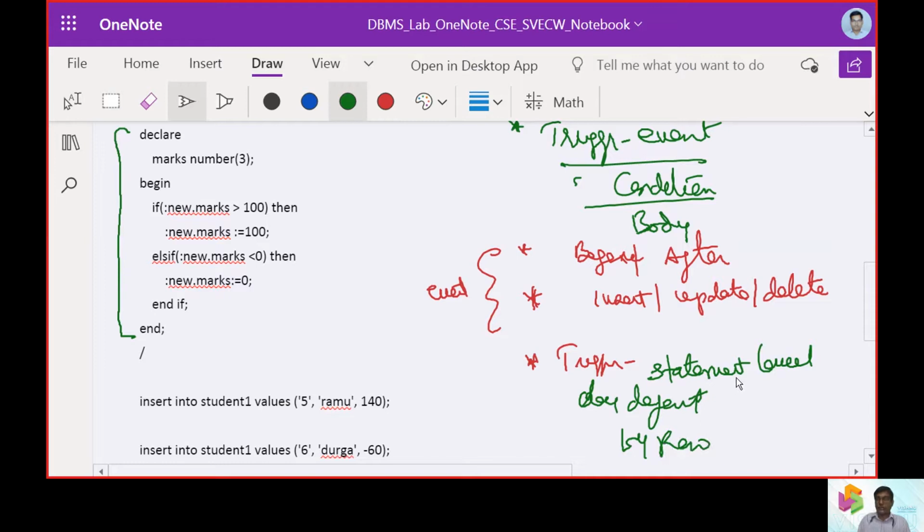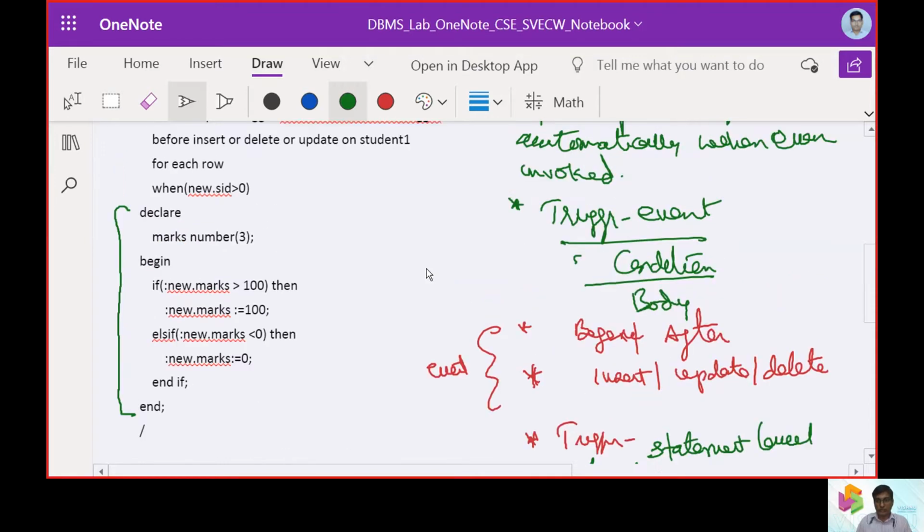So these are the most important words before we look into things.